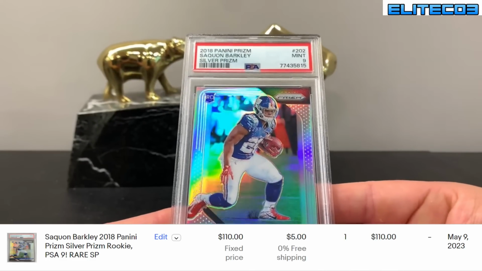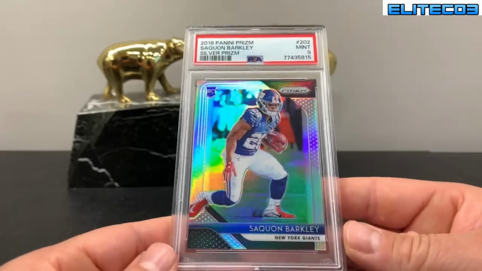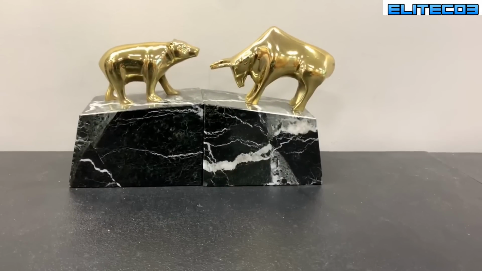Silver Prism, these have a print run of approximately 200, so they aren't like the 2017 Prism Silvers, which are base cards. They're more exclusive. So Saquon Barkley, this one got a 9. We've got a